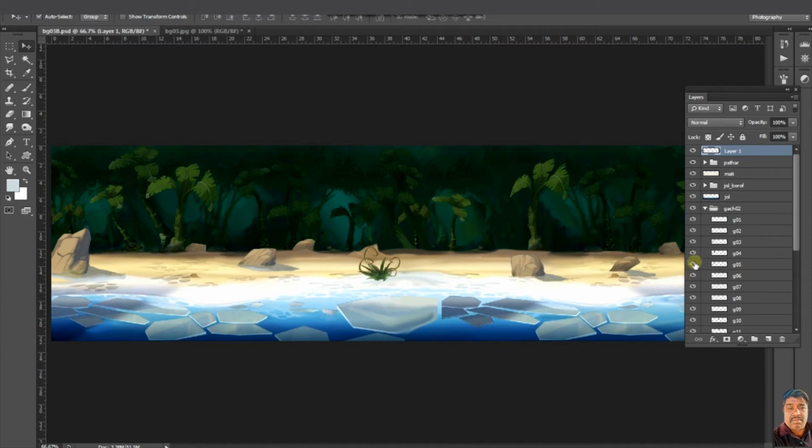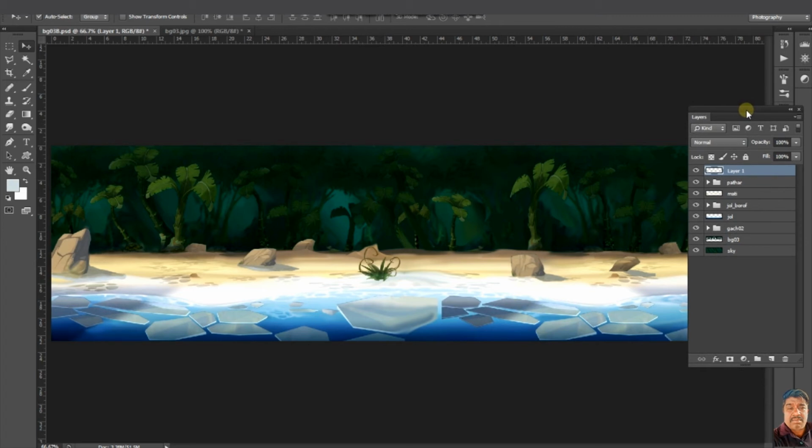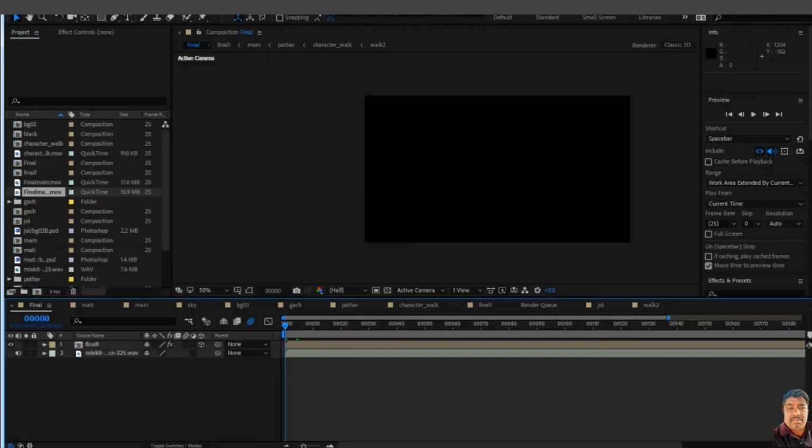Now I go to After Effects. I save it as a Photoshop file, and going to After Effects, this is my After Effects, and here I make all the parts separate.